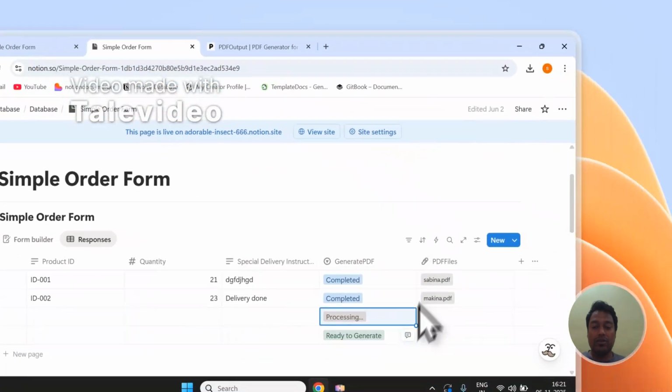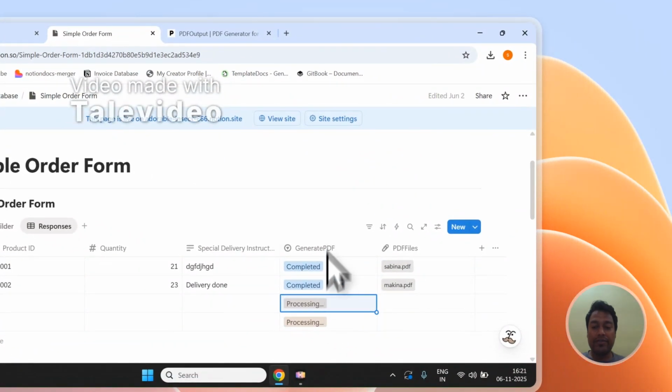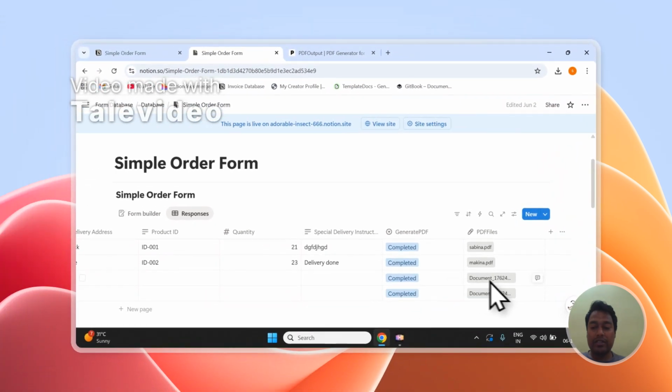Okay. So meanwhile, you can see it has already started processing the file which we had set up as ready to generate while we were discussing, and it has already created the PDF file right over here. This is how beautiful